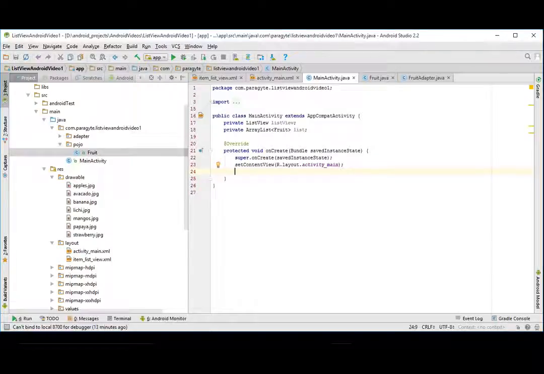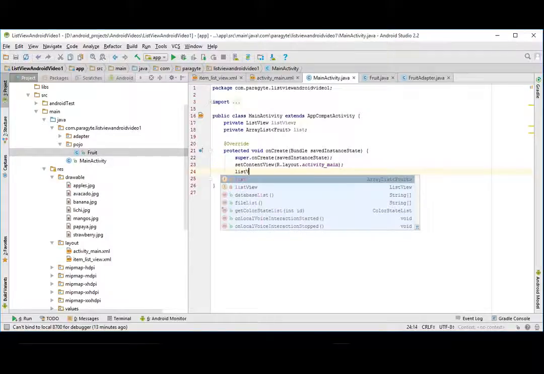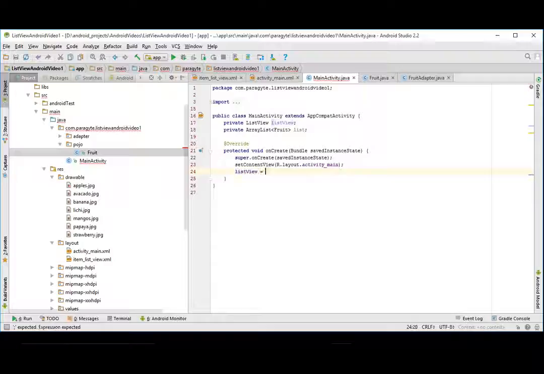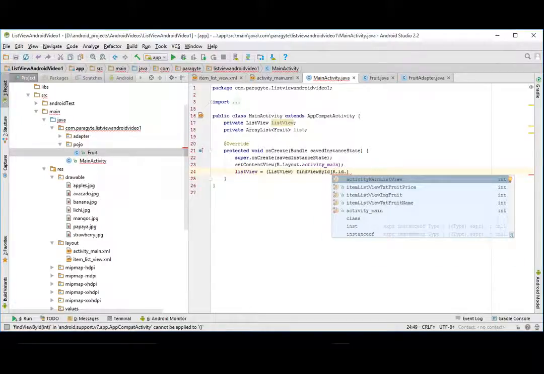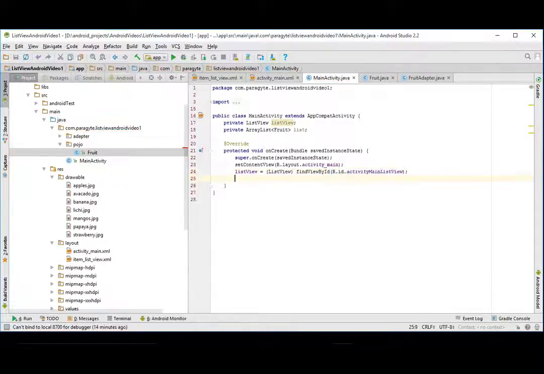So first thing we are going to do is get reference to this list view in a Java file, that is main activity. So list view equal to, we are going to cast it to the list view, and findViewById R.id.activity_main_list_view. Here we go. So we have a list view, and next thing we want to do is create a list,